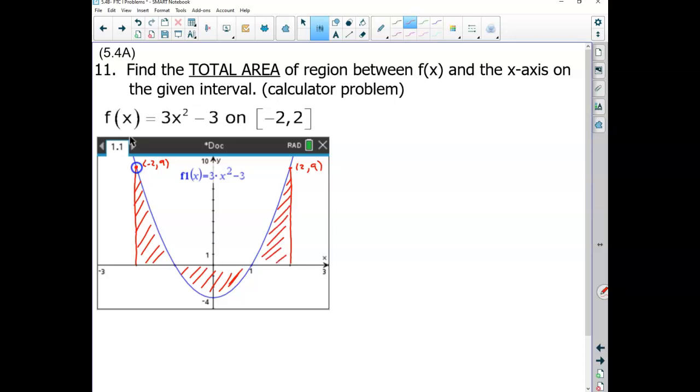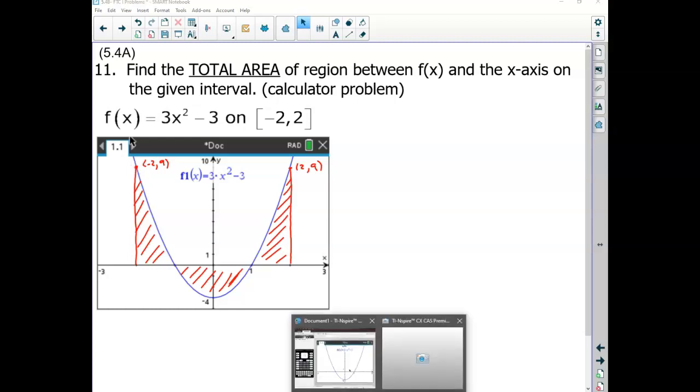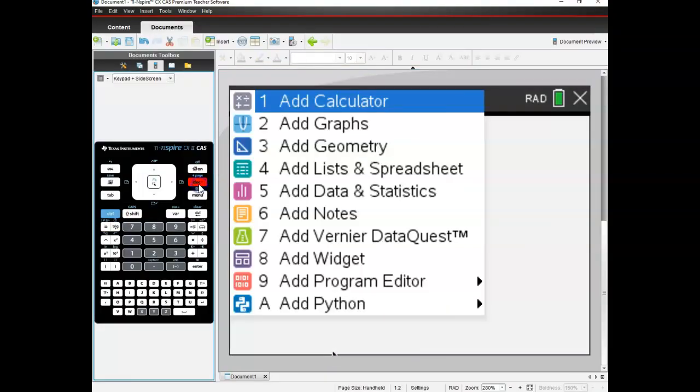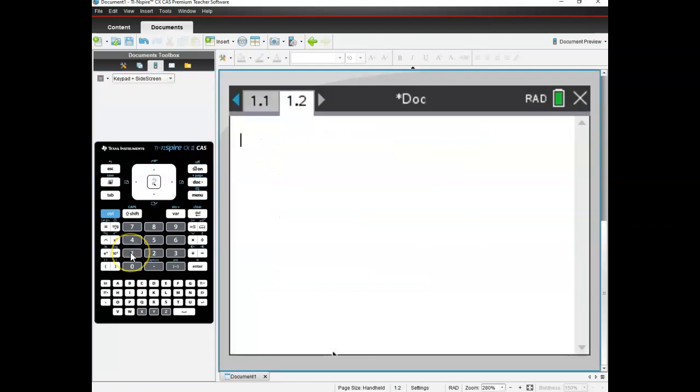And we want to find the total area of it. Okay, and if this is a calculator problem, what a lot of people are going to do is they're not going to think, they're going to say, oh, this is a really easy problem. I'm going to come over here to my calculator because it's calculator active, and I'm going to open myself a calculator page, and I'm going to add a calculator page, and I'm going to